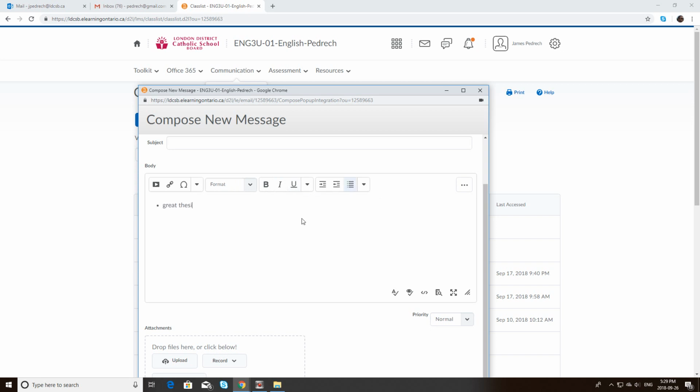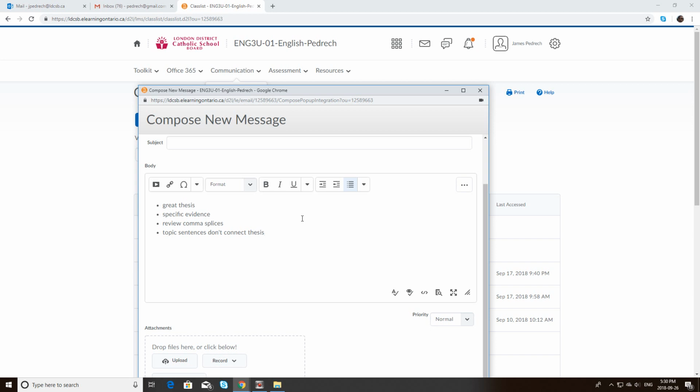I might type in something like great thesis, specific evidence, and then I might give them something specific to work on, something, let's say they need to review, let's see, comma splices, and let's imagine too that they need to address, what's one other thing? Oh, let's say their topic sentences don't connect to thesis. Okay, so normally when I'm giving written feedback to assignments, I don't leave the comments this short, but